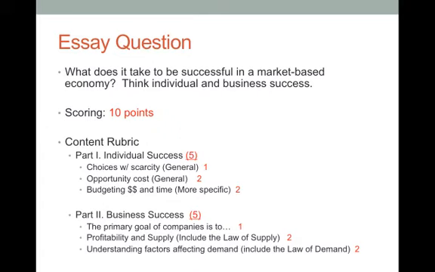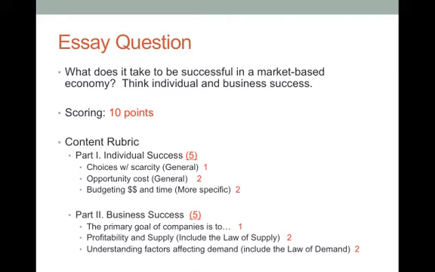Opportunity cost. That's our second one. That's worth 2 points here. I want you to define this, give a general background on it, then give us an example or two, which would be great. And then third, budgeting money and time. This is where I want you to get really specific. Explain how for you as an individual, in order to be successful in the market-based economy that we have, how are you going to budget your money and time effectively? What are some things that you're going to have to do? I want you to think about the scarcities that exist. I want you to think about the opportunity costs of your decisions. So explain that. That little portion is worth 2 points as well. That gives us a total of 5 for that section.